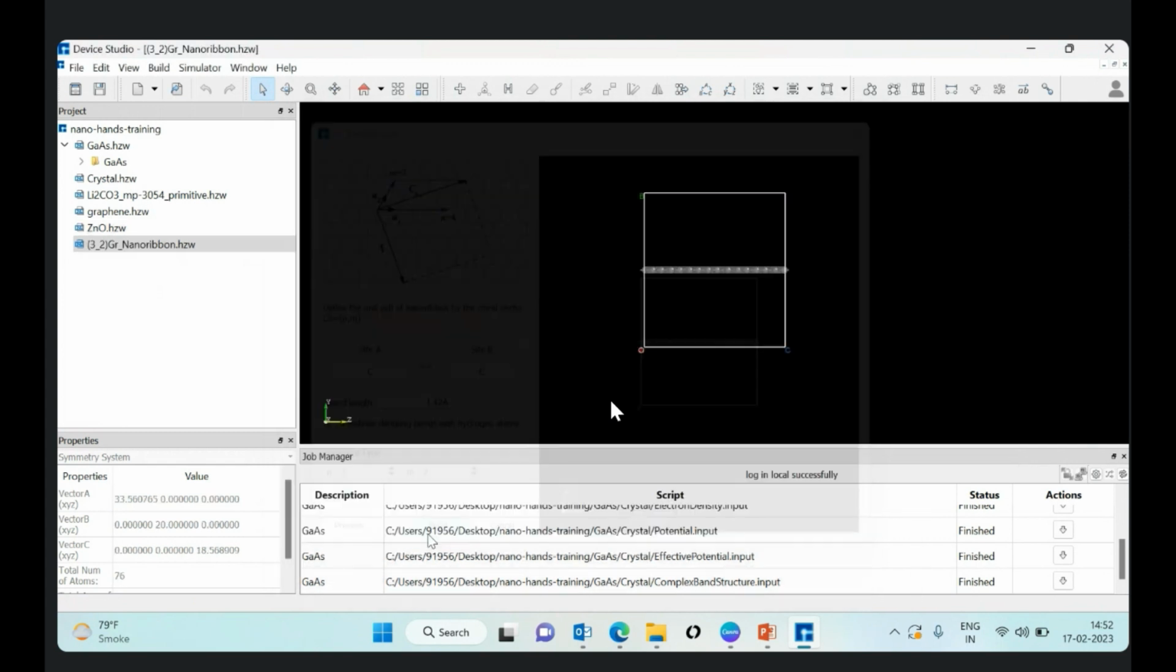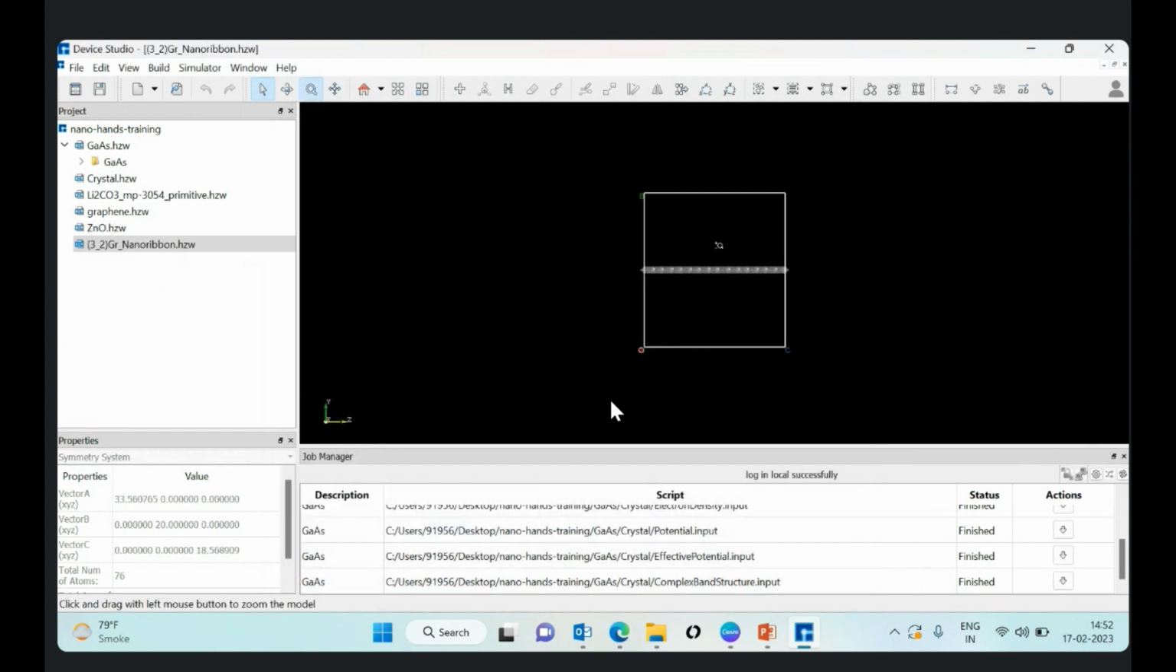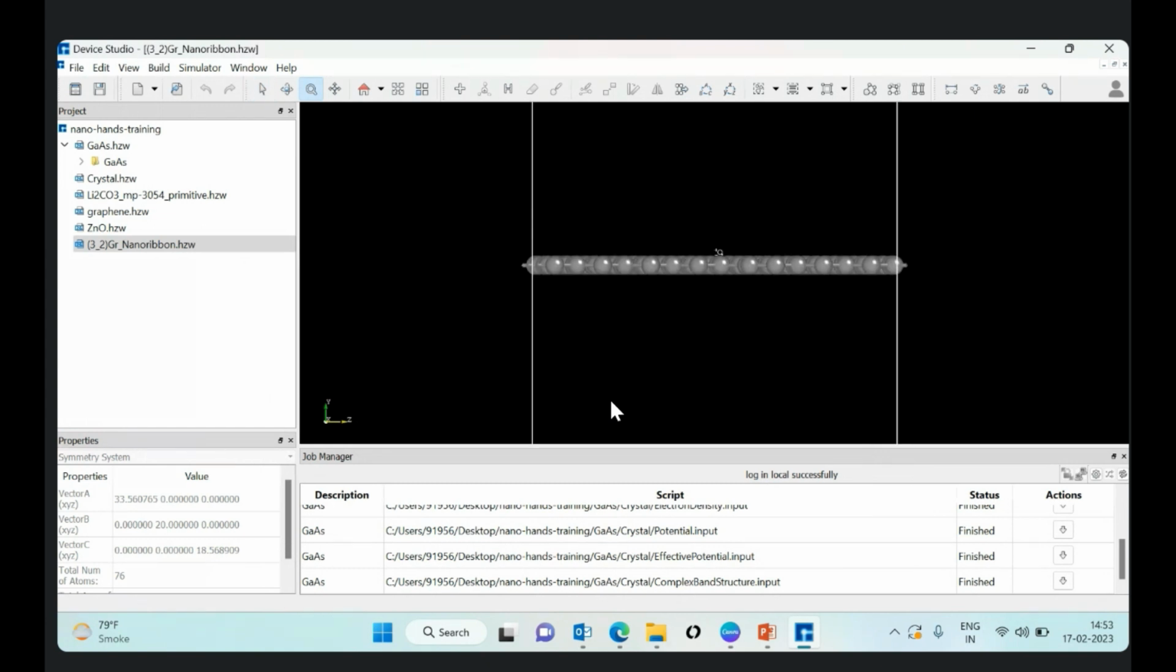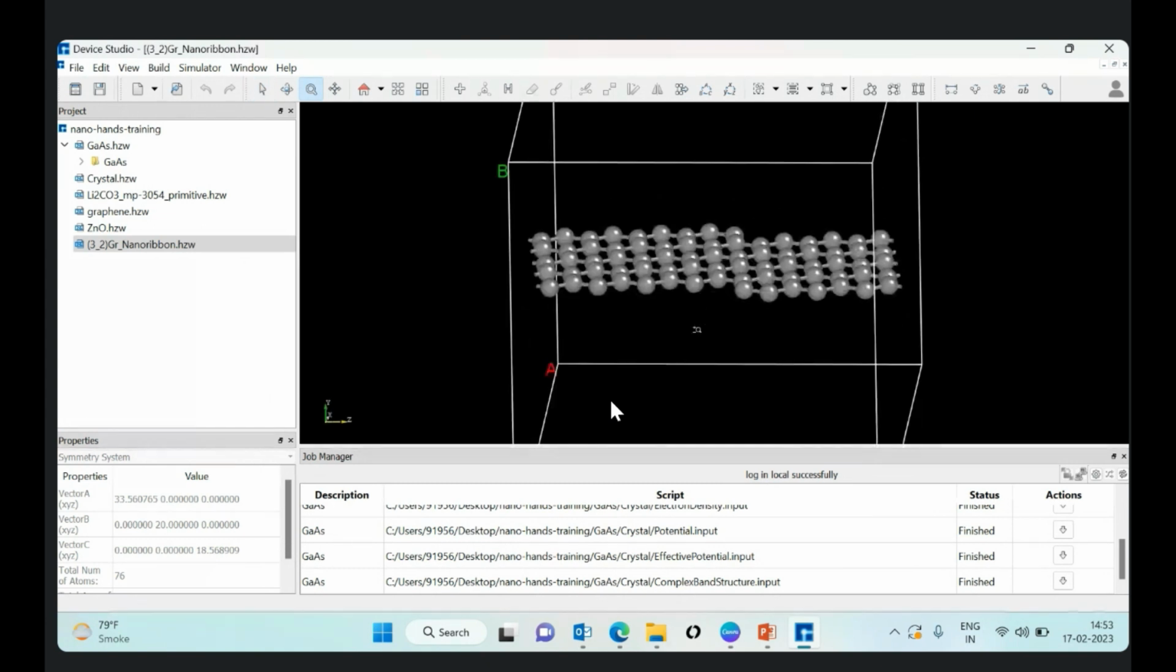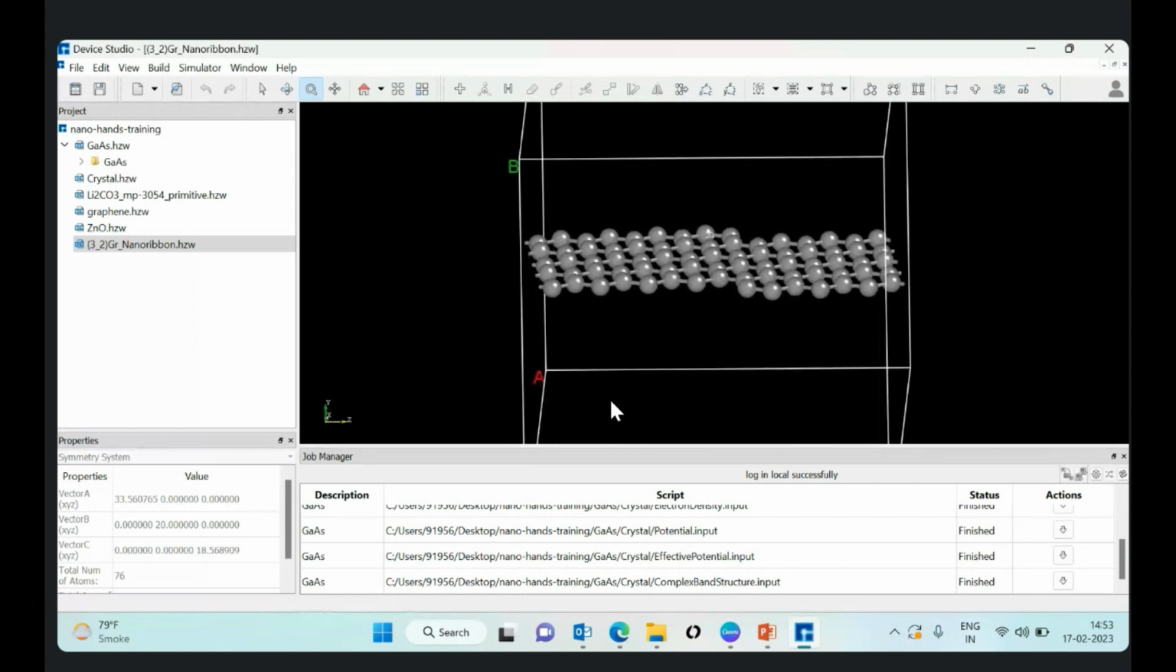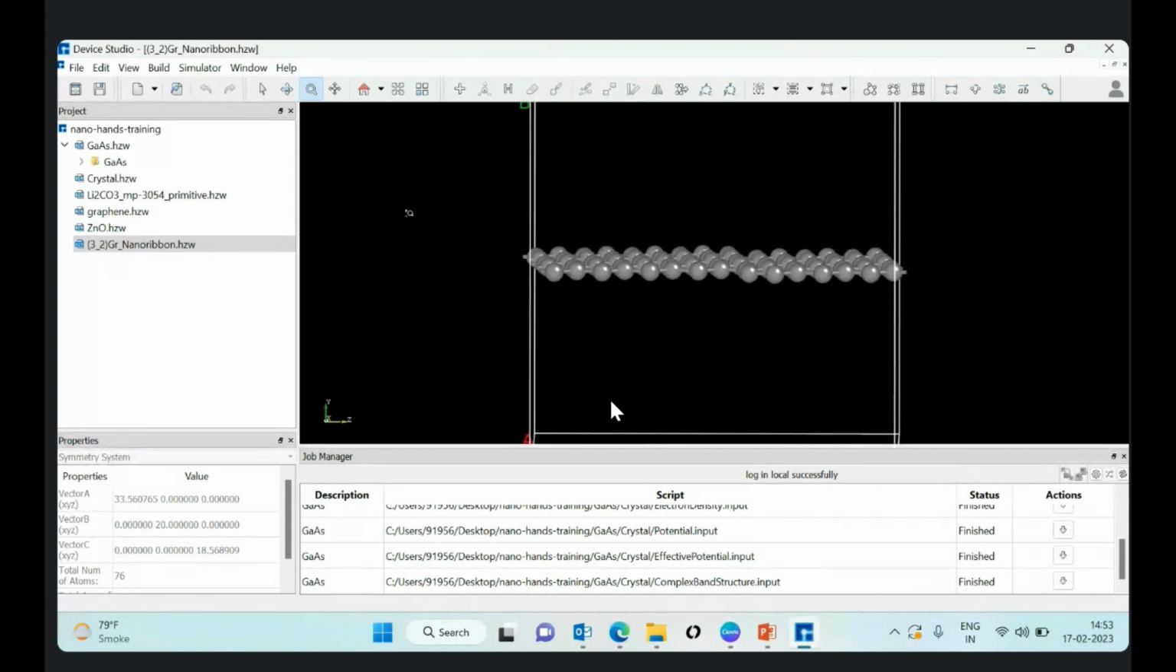Let's suppose, as an example, this is one layer. This is one graphene layer. Similarly, the interface we can create. In the interface, if you want to put nanoparticles or some atomic things, then you can see here there is one